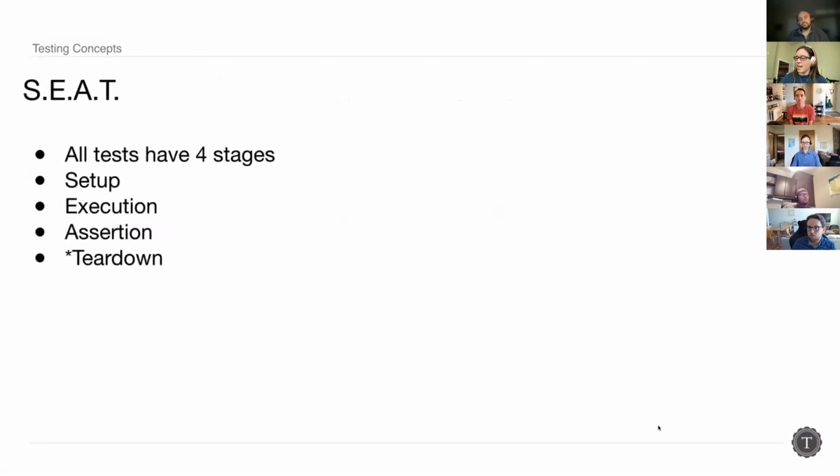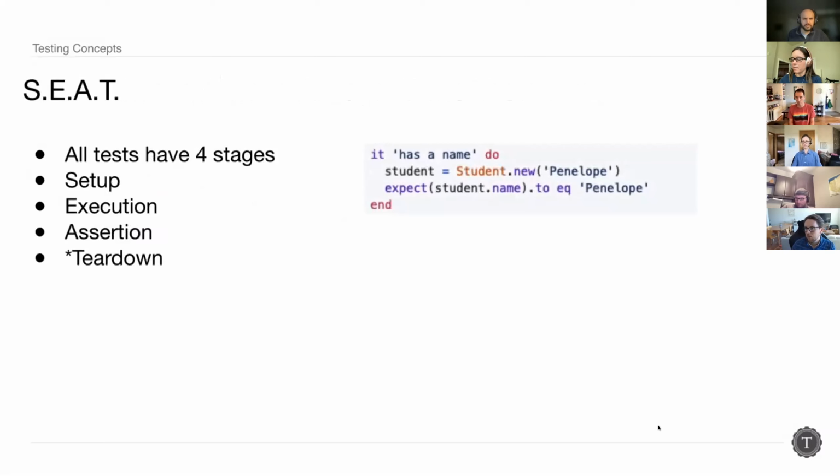Okay, so tests always have 4 components: setup, execution, assertion, and teardown. So all tests have these 4 pieces. So what that looks like is if we have a test, if we have this named test, the setup